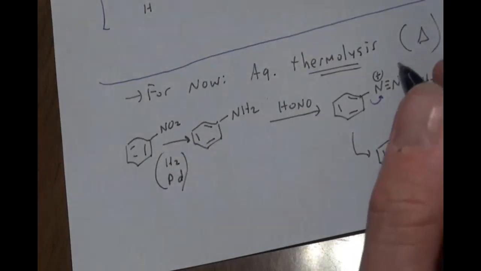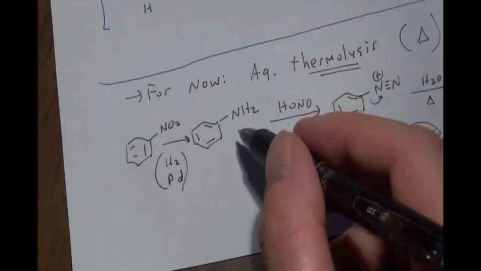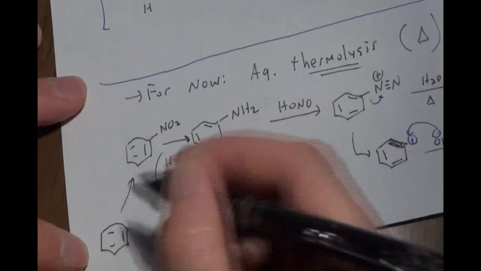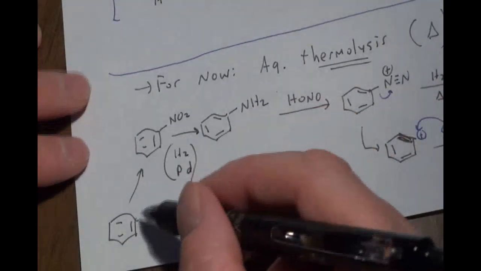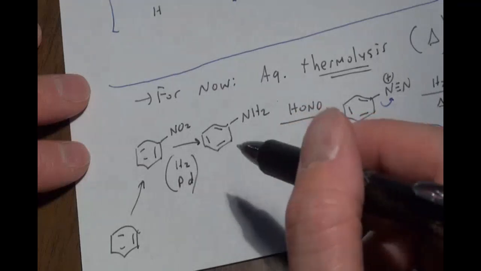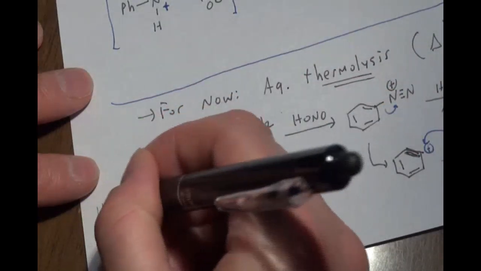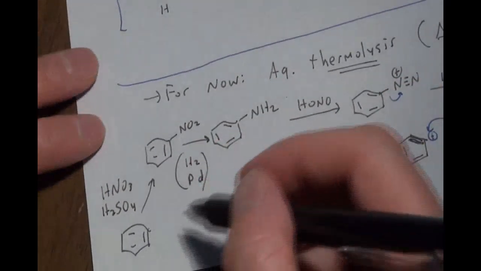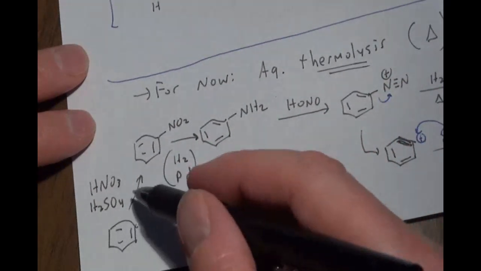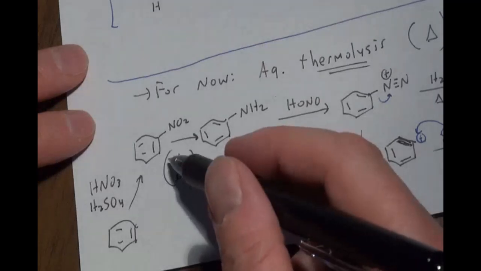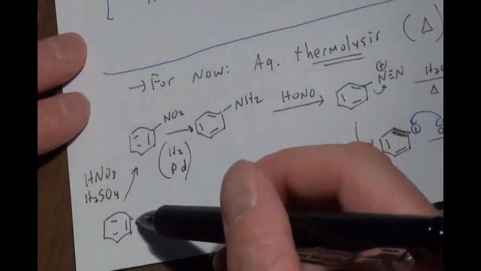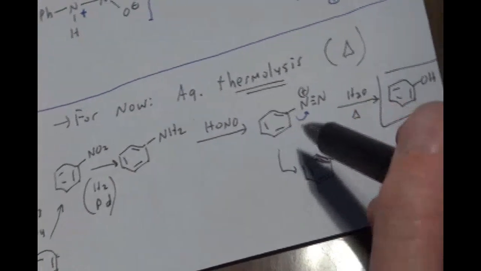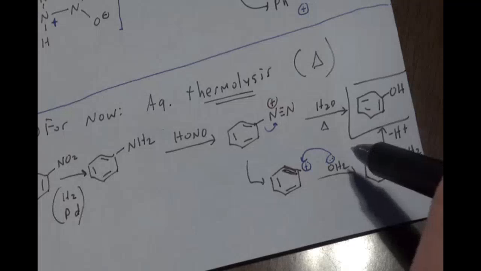H2 palladium turns a nitrobenzene into an amine. And then last question, how do you make nitrobenzene? Well, that's easy. That one we did learn in chapter 15 or something: HNO3, H2SO4. We can do a nitration of a benzene with nitric acid, sulfuric acid to make the nitro group. Okay, and then from there we reduce to the amine, treat with HONO, makes the diazonium salt, and